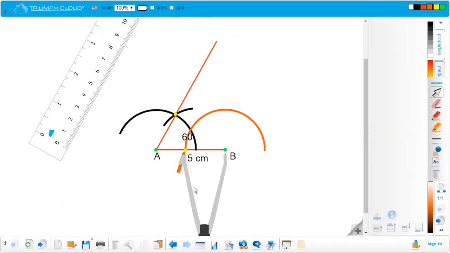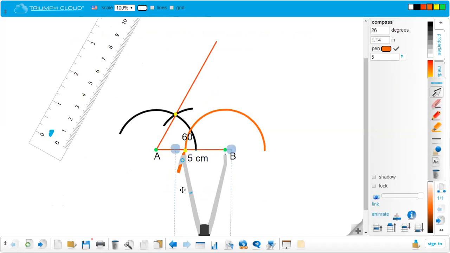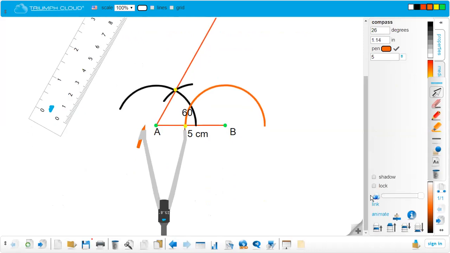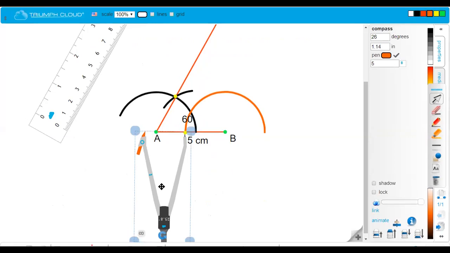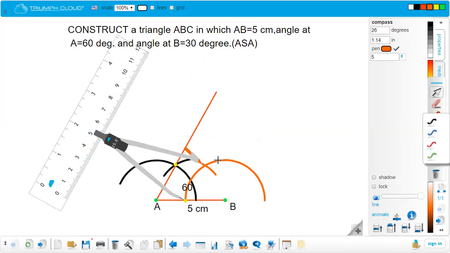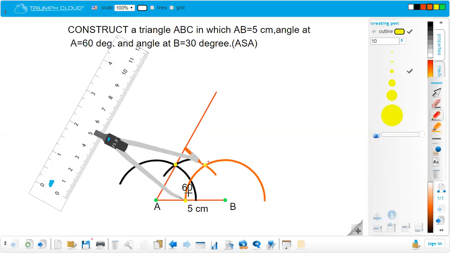The 30-degree angle is located exactly between the 0 and 60-degree. So first of all, let's make an angle of the 60-degree here, and then we will bisect the 60-degree to get 30-degree. Let me rotate this compass. Okay, let's cut it. This is the point of the 60-degree. Let me mark the point. This is the point of the 60-degree, and this is the point of the 0-degree. And between 0 and 60-degree, there is 30-degree angle.